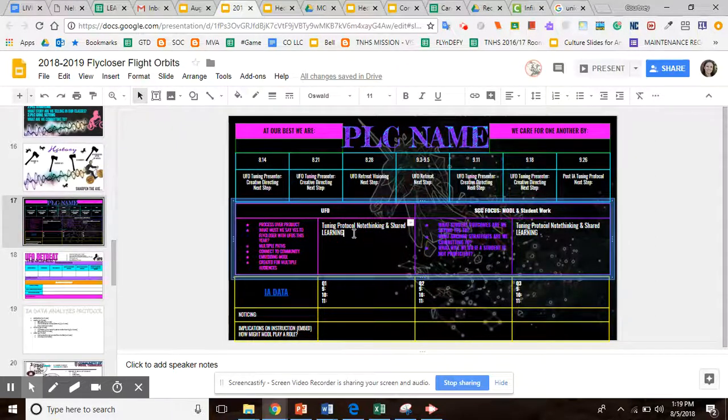So maybe you are walking through the Unicorn Flight Opportunity Protocol and you're realizing, oh, this is authentic, but there's opportunities to invest community in it. That would be a spot for you to write that down. Any takeaways from that conversation? That's what this space is for. Quarter 2, when we start to look at student work, that's when that will be identified and worked on.